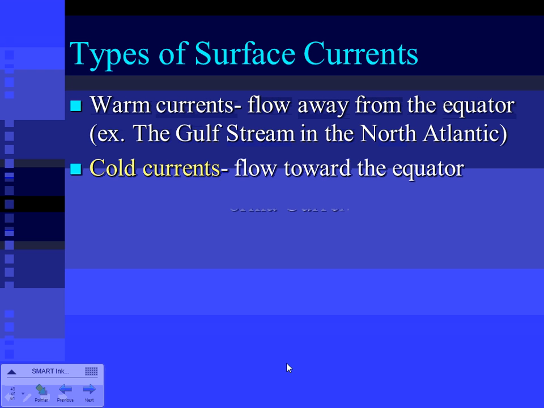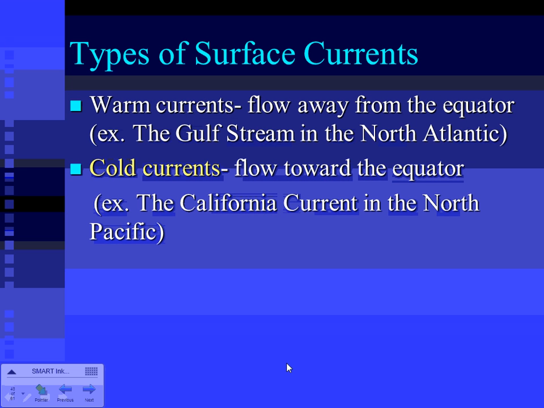Cold currents flow toward the equator, like the California current in the North Pacific. It's bringing that cold water to the equator because once it gets cold, it wants to get warm. It's kind of like you. When you get cold, you'd rather warm up. And when you get warm, you want to be cooler. So once your temperature changes, you want to move to someplace where your temperature is going to be able to